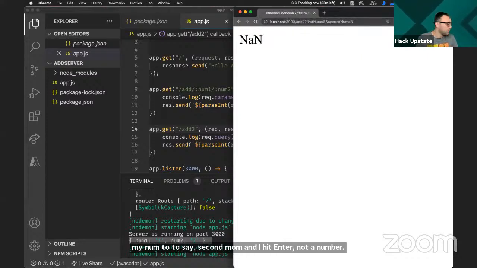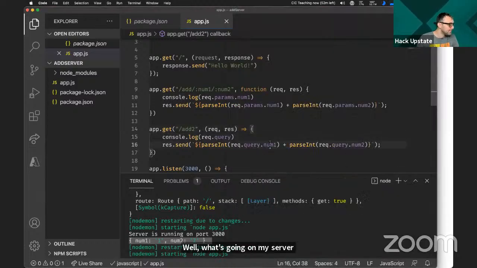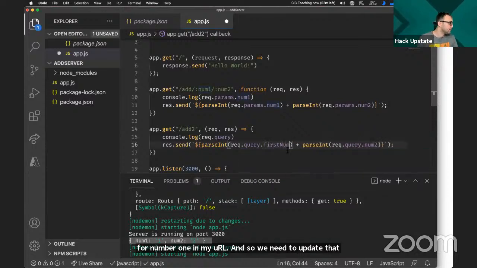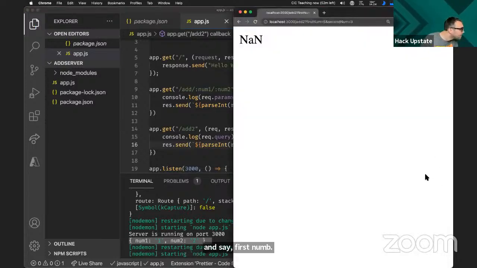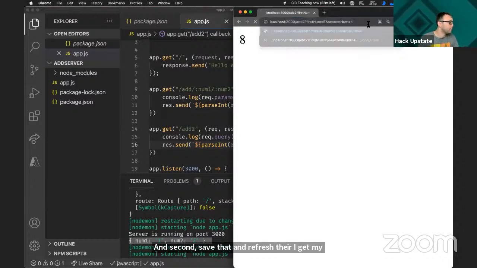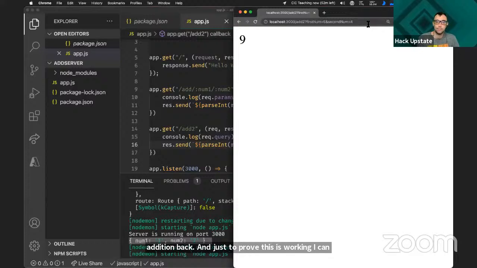Well, what's going on? My server is looking specifically for num1 in my URL. And so we need to update that and say firstNum and secondNum. If I save that and refresh, there I get my addition back. And just to prove this is working, I can change one of the numbers and get the addition.